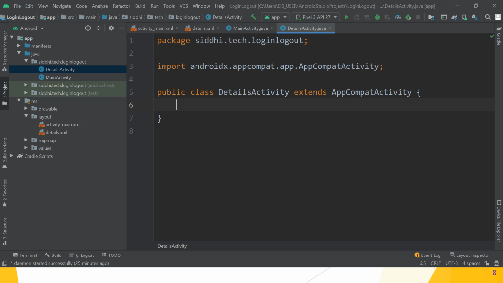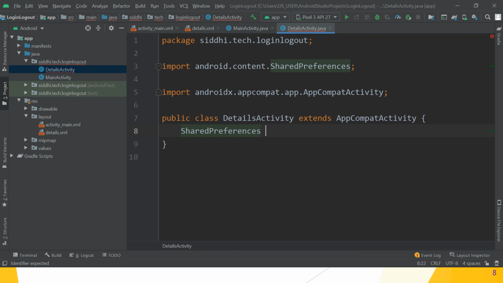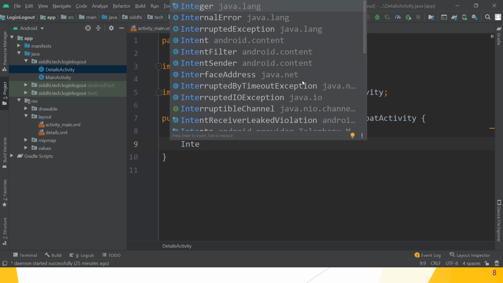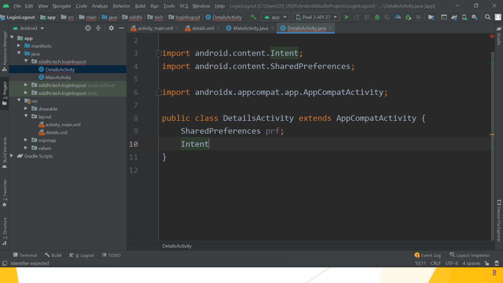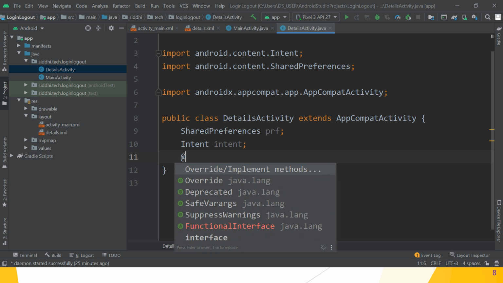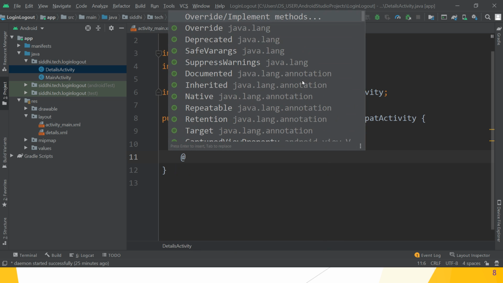After that, create the object of shared preferences, then the object of intent, that is explicit intent, and name it intent. Actually it is the object reference. Then override the method. Great. So override which method?